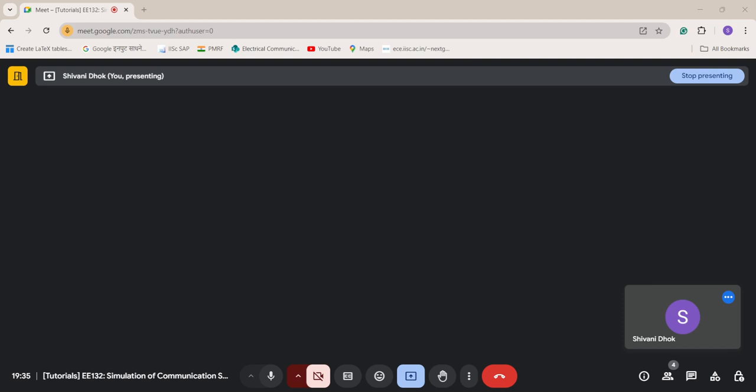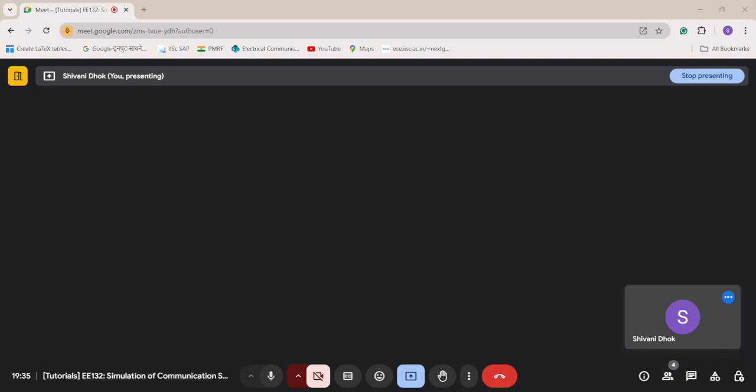So this will give N random indices between 1 to M, and then we will get our SM, that will be a constellation of index, to get random symbols to be